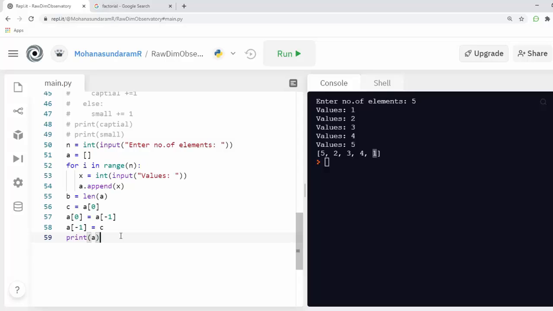Before we move on to the next problem, another method in for loops is the nested for loop. A nested for loop is nothing but a loop inside a loop.